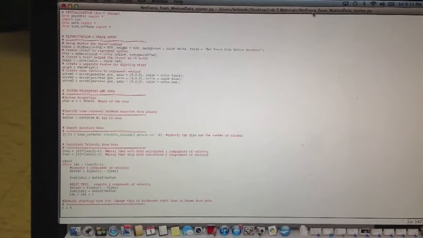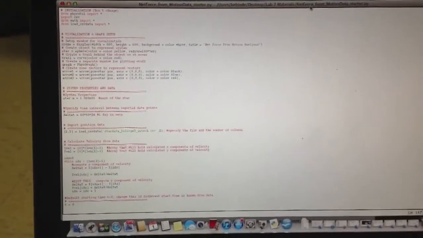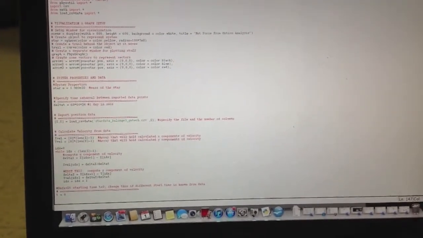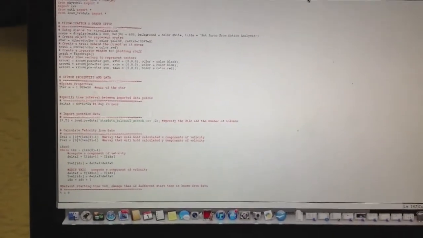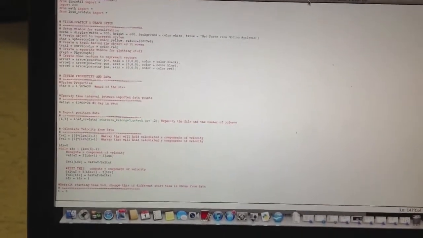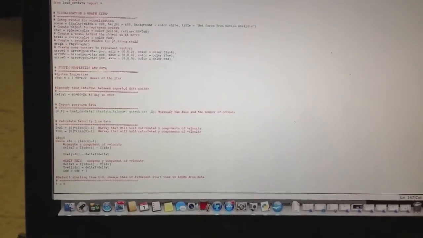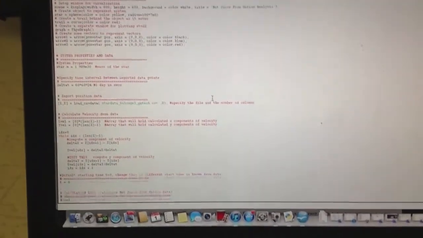Now we have a look at our code, and we're given some initial conditions. One, we have the star's mass, as you can see right there. Delta T, we're going to use it in a day, so we have the calculations for how many seconds there are in a day. We've uploaded some data from T-square, and now we're going to take a greater look at some more variables.